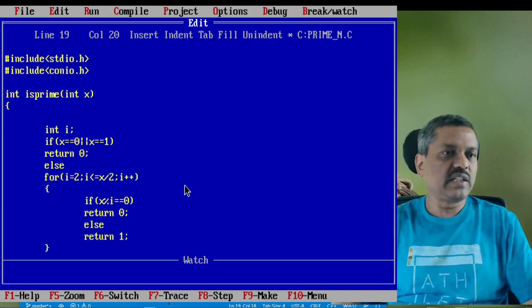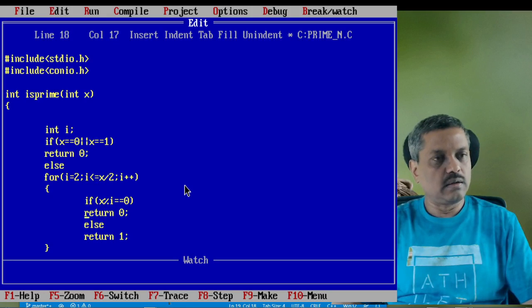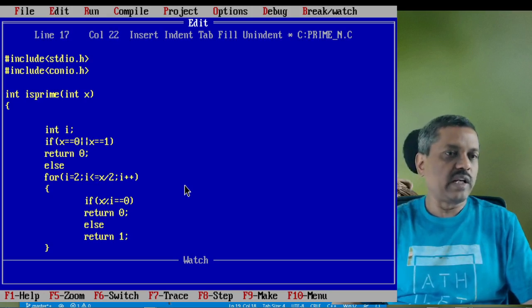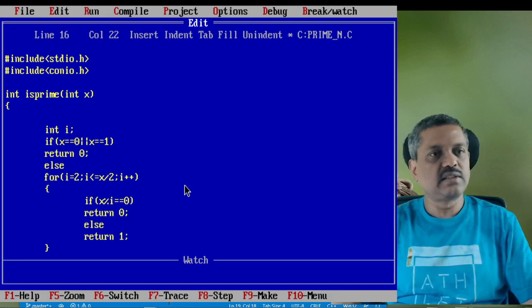So what is the value of x? X value is 5. And then it starts dividing by 2. You know that x mod i, for every value starting with 2, up to x divided by 2, which is nothing but 2. So whether it is possible to divide until 2, so it tries to divide by the initial value 2.